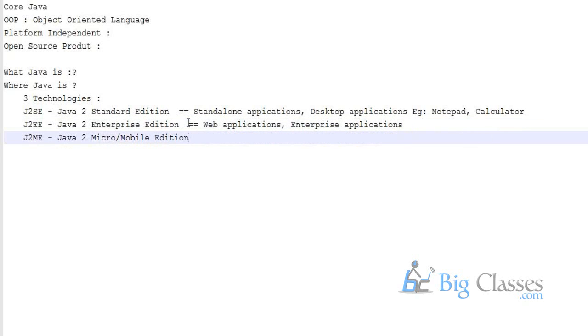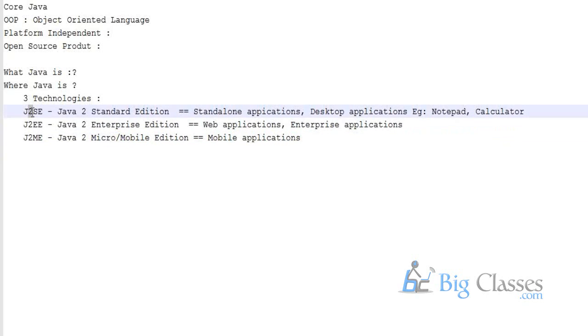Then J2ME, that is Micro Edition or Mobile Edition. The name itself says you can develop mobile applications using this kind of technology. So this is where you see Java: in developing desktop applications, web applications, and mobile applications.